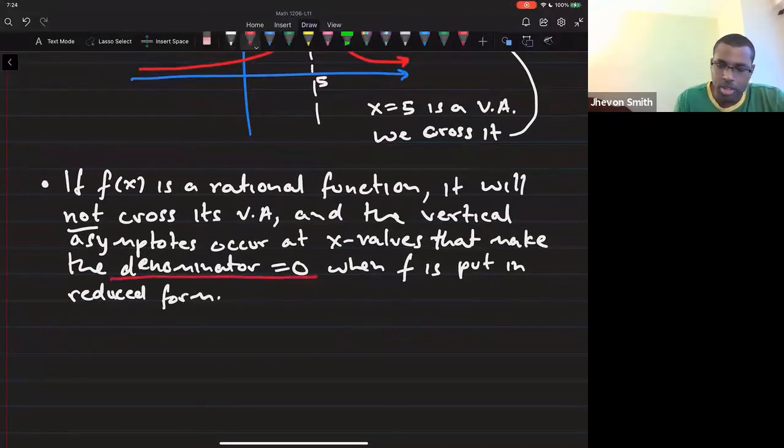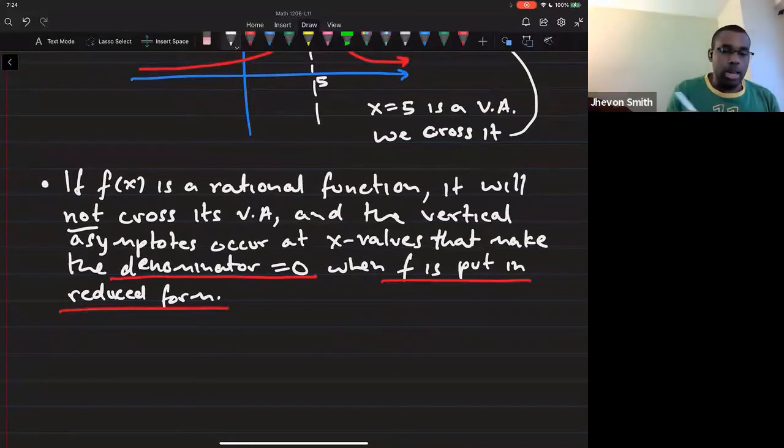So anything that makes the denominator 0 when f is put in reduced form, that will give you a vertical